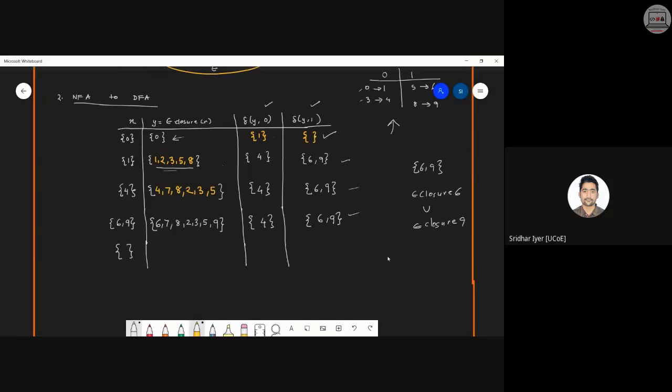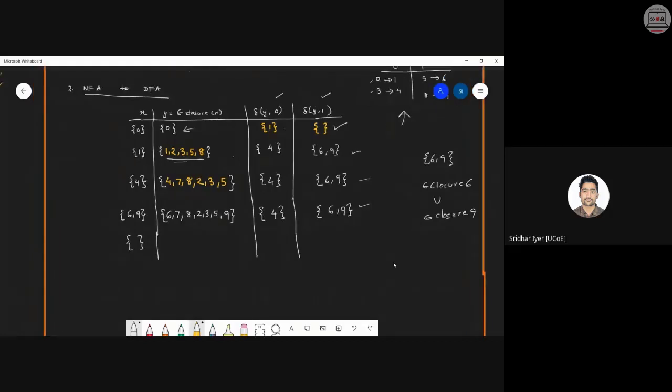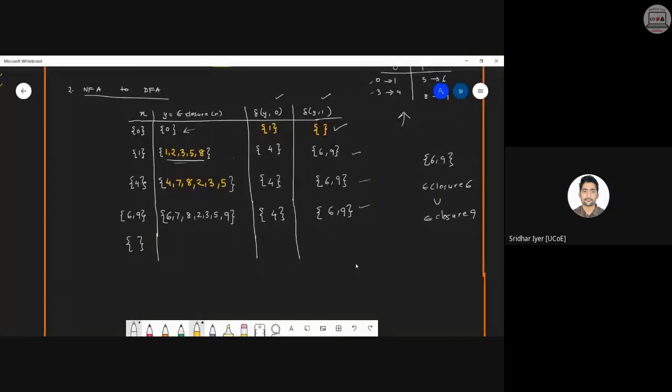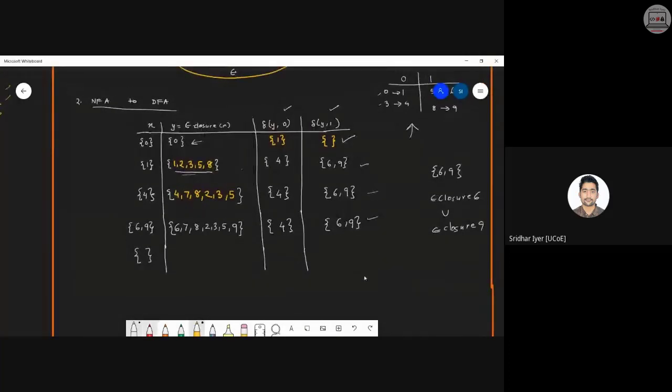Clear? So only this null set is remaining. So what we need to do is everything inside this particular row will be a null set. This is how we consider the null set. That is why I have waited and written it at the very end. Clear now? This table is fine.